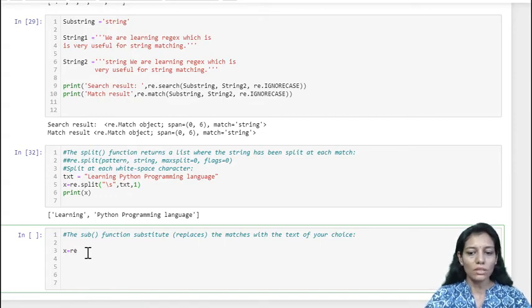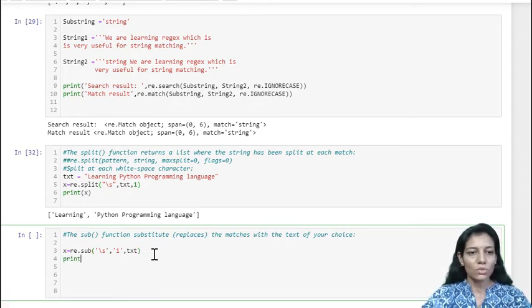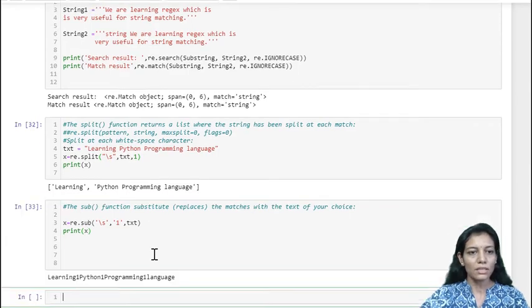So re.sub, and here I want to replace all the white spaces, that is backslash s, with the given string, and the second parameter will be the substitution, what you want instead of the white space, and the last parameter will be your string where you want to match. So X will be your modified string. So print X, let us see the output.